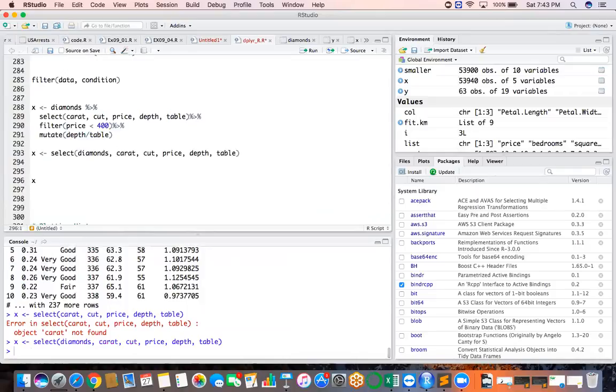So I ran this. Now the second step is I'll have to filter. Again I'll create a new variable y, where I'll filter things. Filter